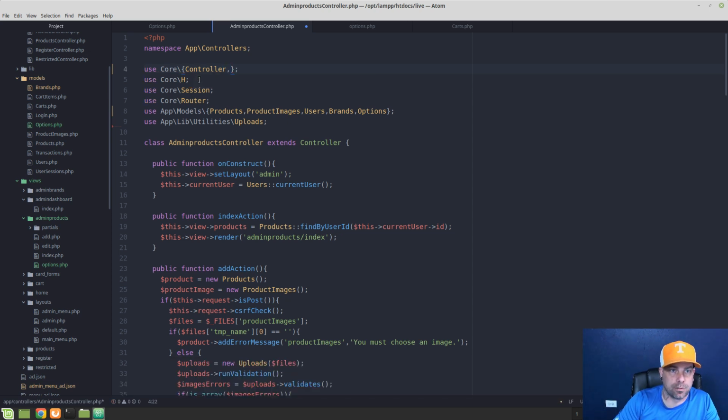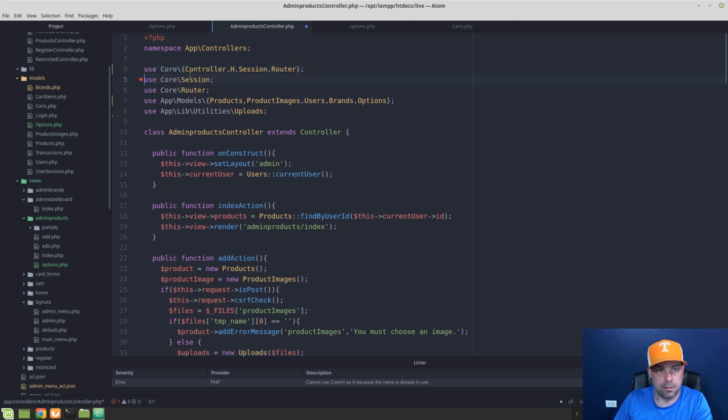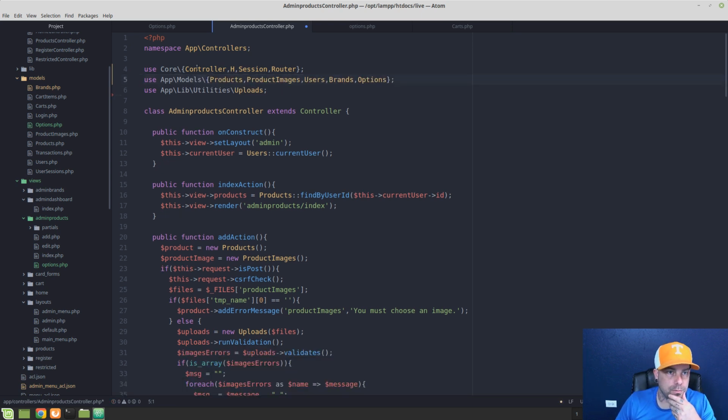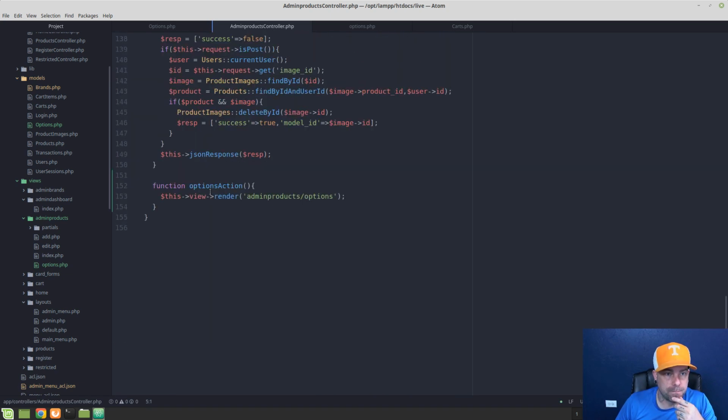And this only works on PHP 7, by the way, so don't try to do this if you're on an older version of PHP. You just need to leave it on separate lines. But with PHP 7, it does let us do groups for the imports here. Okay, so now that we have options here, we can go down here to our options action, and let's just,